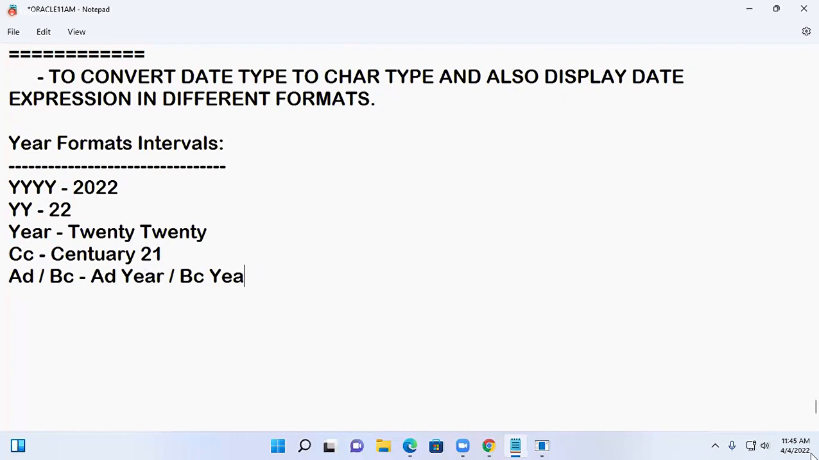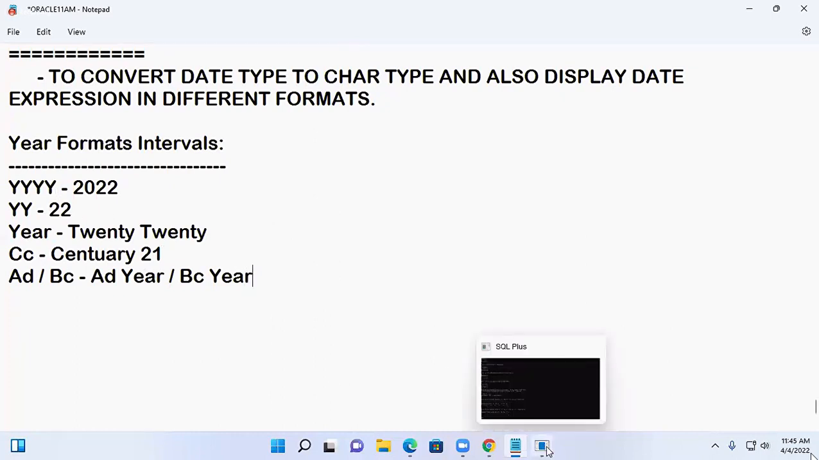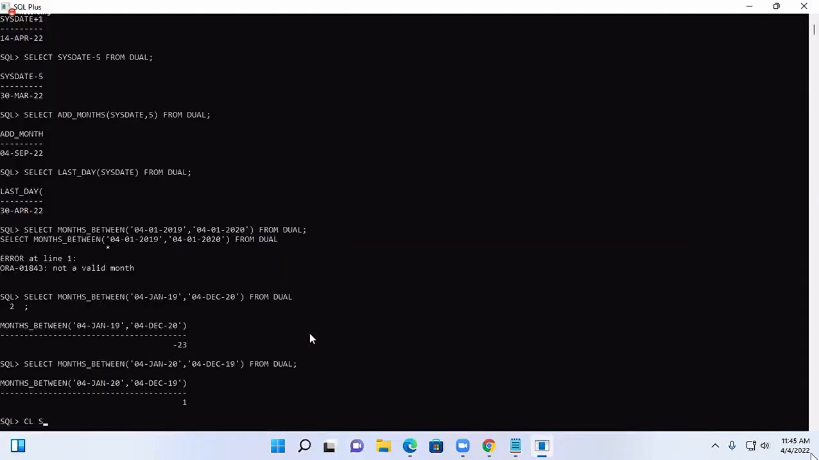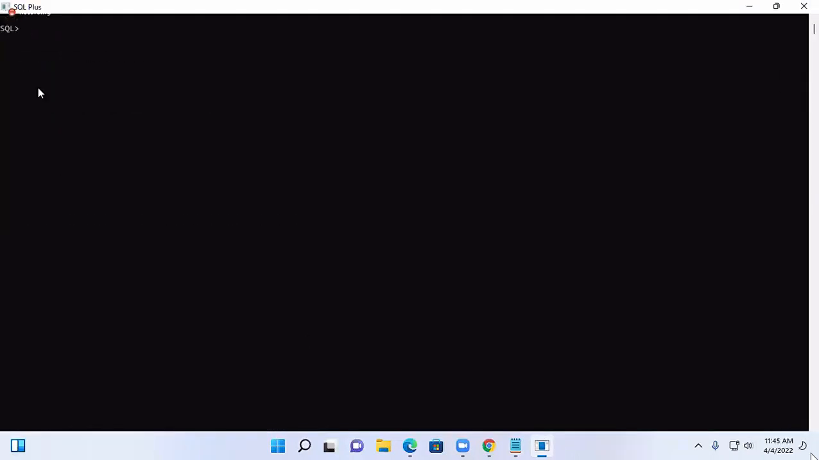Okay, so these are what we call year intervals. These are all intervals. Now I will show you one by one. You can observe how these intervals will be written with different values here. Observe, for example, TO_CHAR of